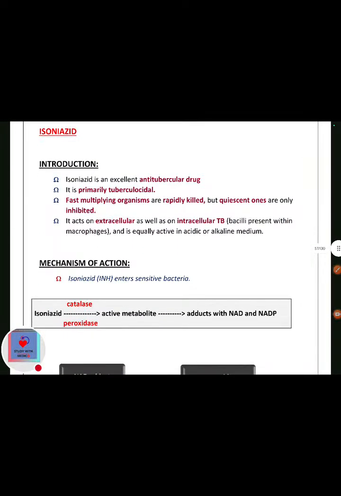Let's talk first about isoniazid, INH. Isoniazid is an excellent antitubercular drug. It is the primary tuberculocidal drug. It acts on the